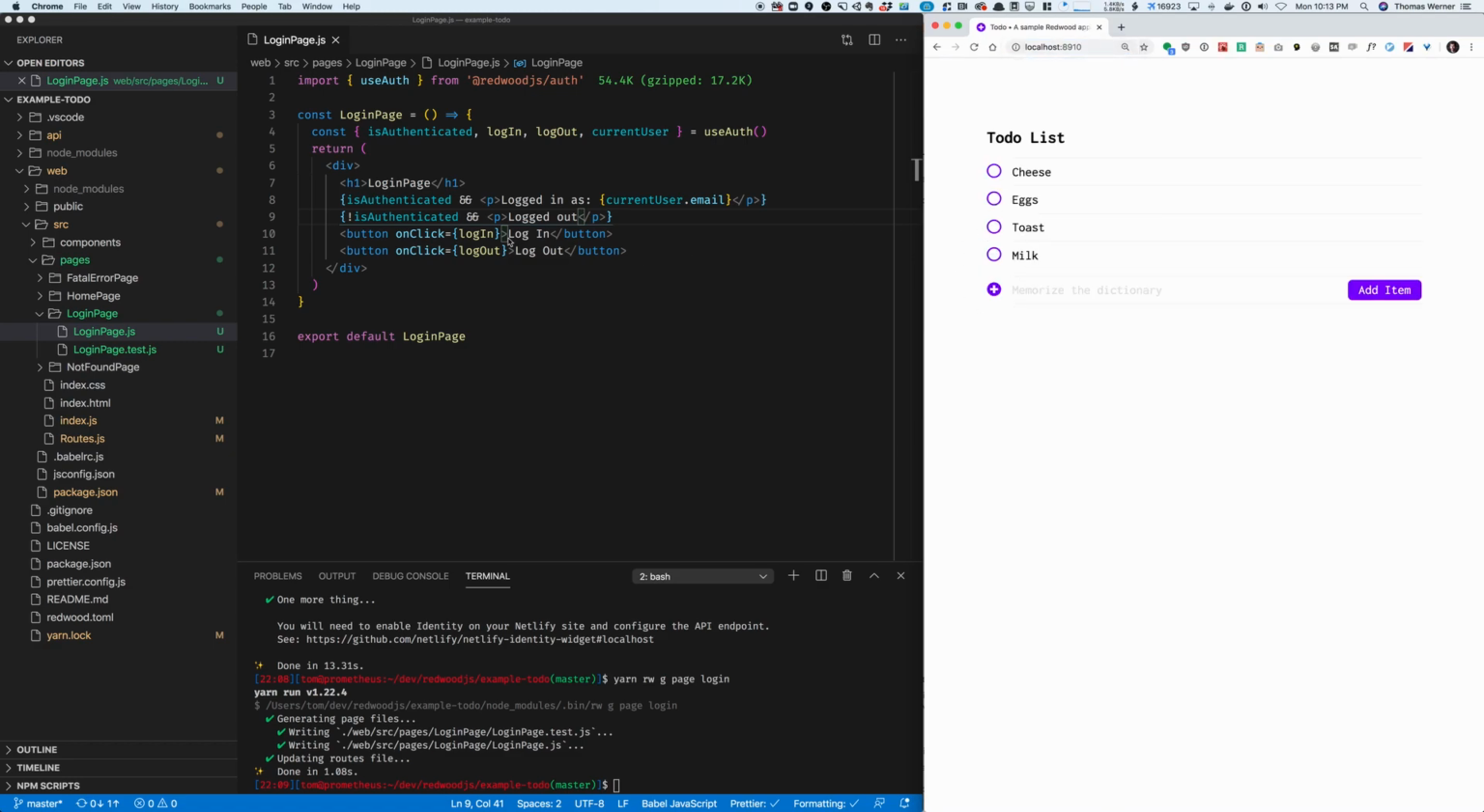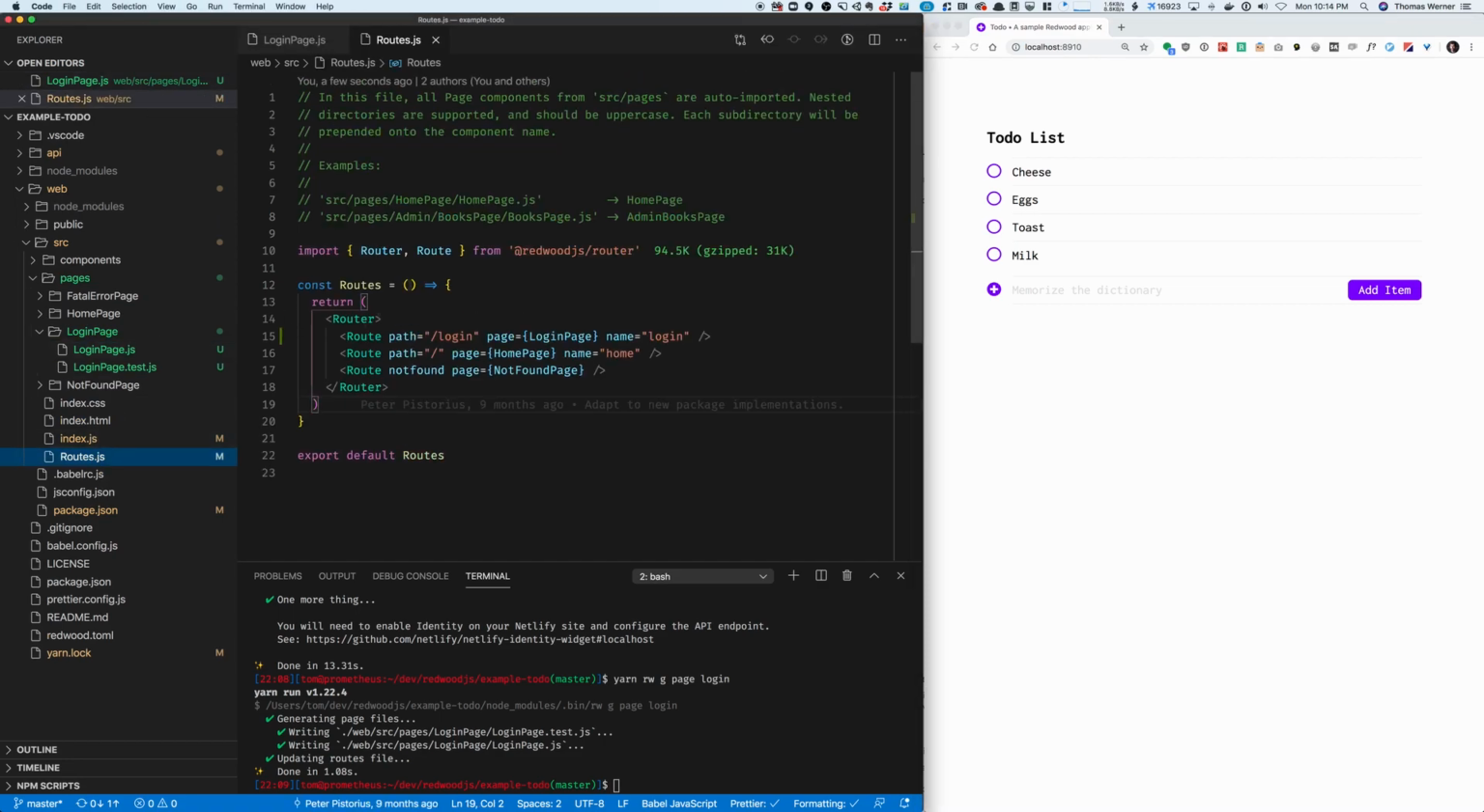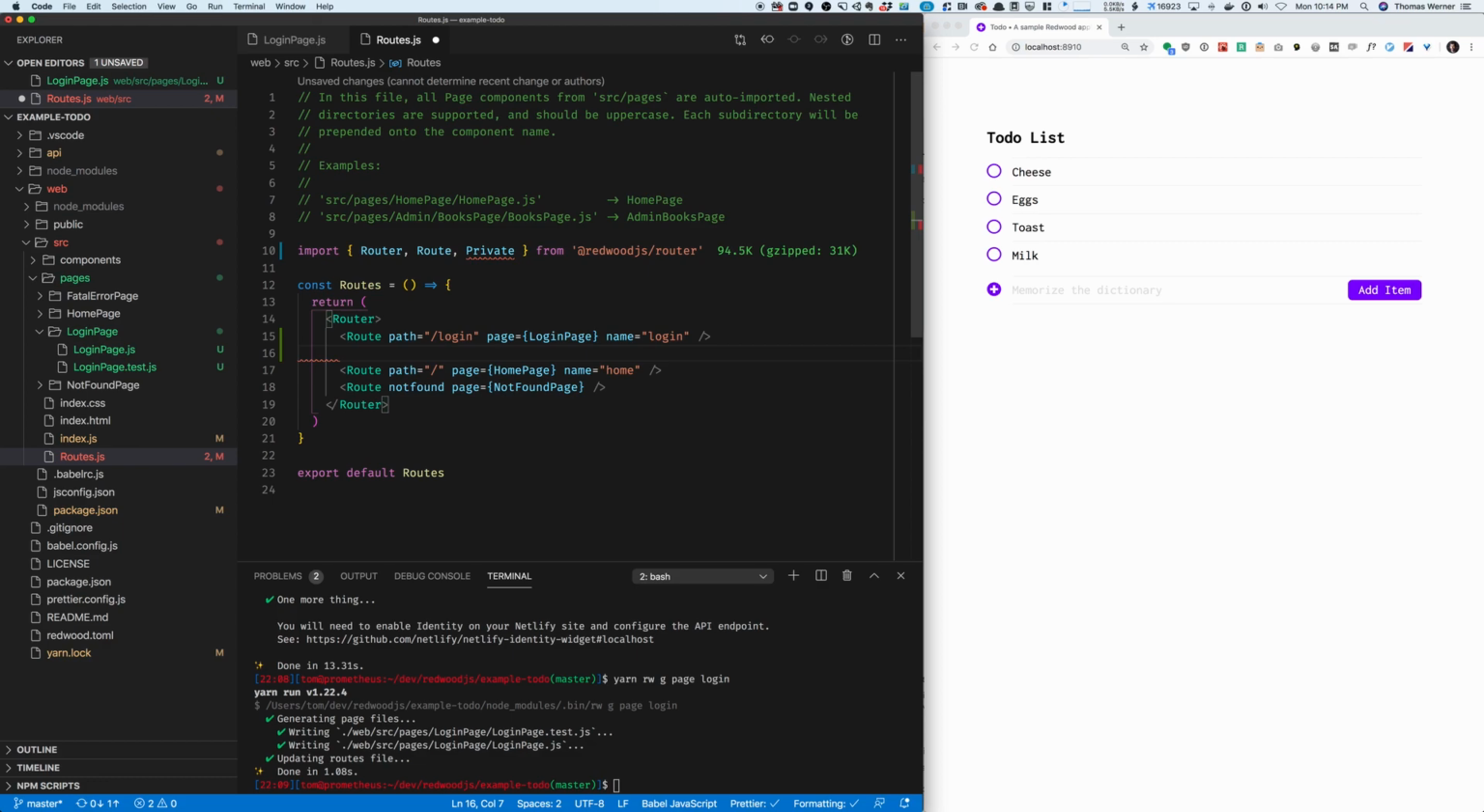So the next thing that we're going to use is private components in the routes file. Here's the routes file. You can see my login page and the home page. And what I'm going to do is use a new component called Private. The way that I use it is by surrounding those routes that I want to become private. So Private, and I'll give it a parameter called